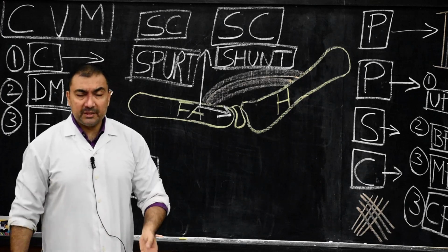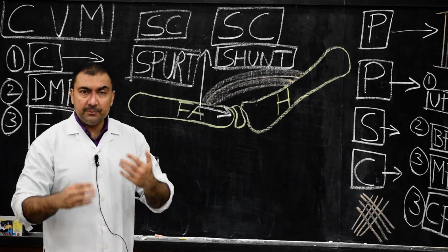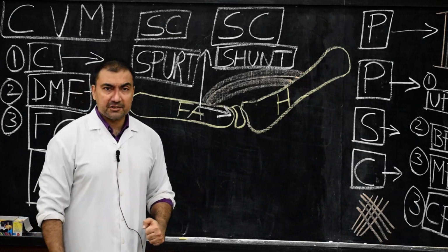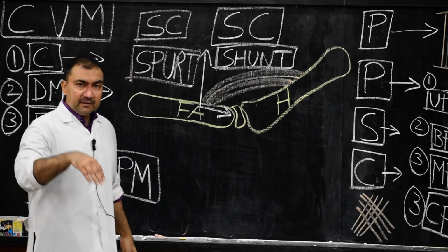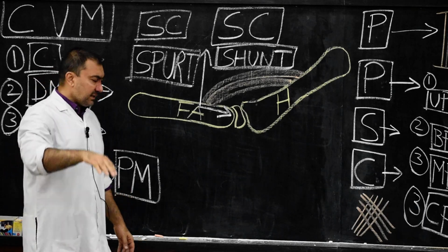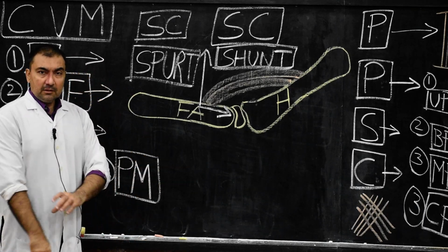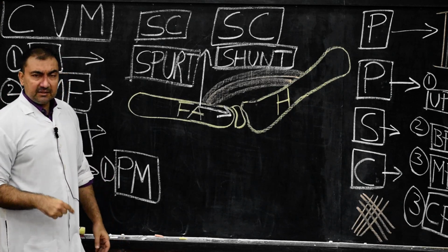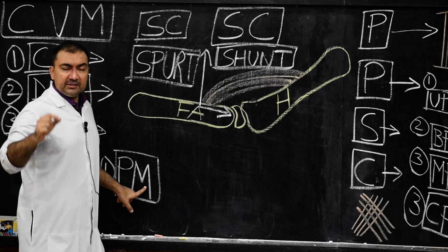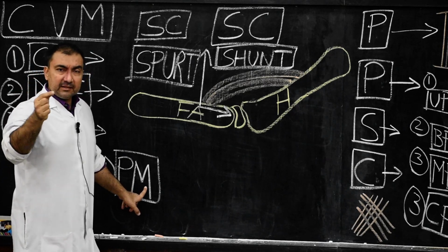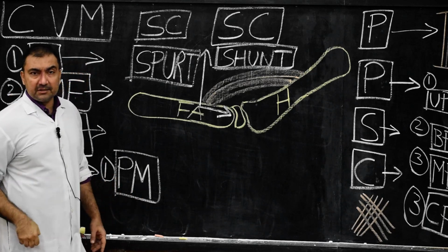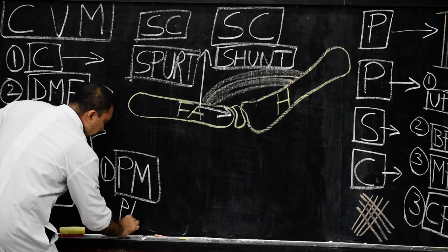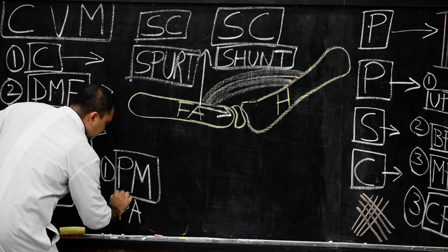Extensor muscle group, they produce extension of any joint. They are called prime movers of extension. Flexors, they are called prime movers of flexion action. Simple. Wherever the muscle groups that produce desired action, they are called prime movers. Now, sometimes in 1 mark question answer it is asked, within this prime movers there is one special subcategory which is called paradoxical action. So I will just note down paradoxical action. Now what is this paradoxical action?